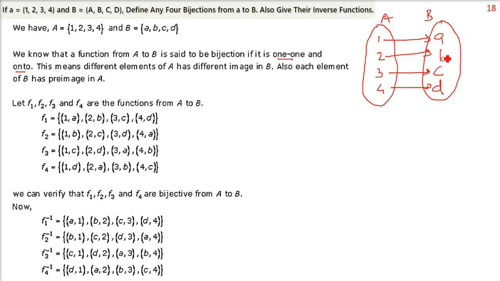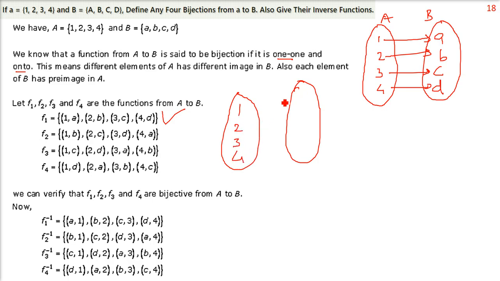So how can you do it for the others? Because now you have to find out f inverse also. The first one I told you. Now let us take one more. 1, 2, 3, 4. I am pairing one more. f1 I already told you, the first one which I showed you. Now I am making one more. So I am making a random combination, but it has to be one-one and onto. So 1d, 2a, 3b, 4c. This is also one-one and onto. So this is f4 I have made. I hope you will be able to make f2 and f3 also.